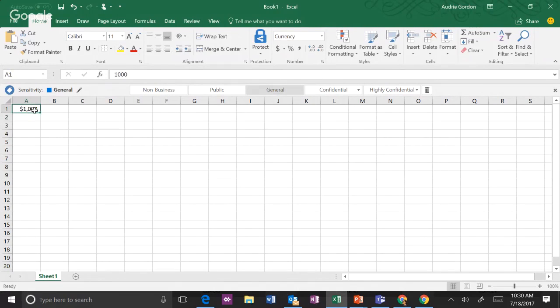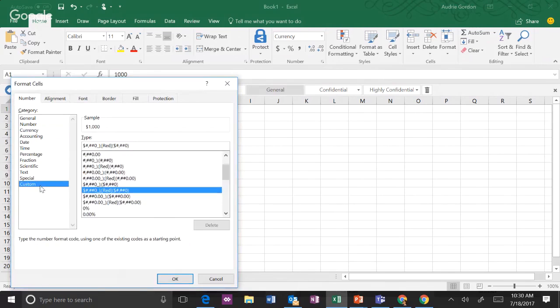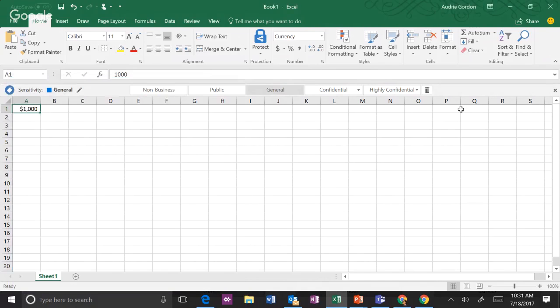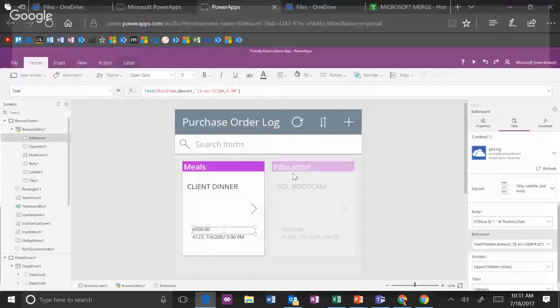Excel's pretty smart. It's going to calculate that even though it's leaving the number the same. If I go into the number format and I go to custom, I can actually see the format of that number displayed to me in, what is this called? Excel. So that means I can copy and paste this in PowerApps. So if you have any issues with custom formats, you can just use the ones you know of in Excel